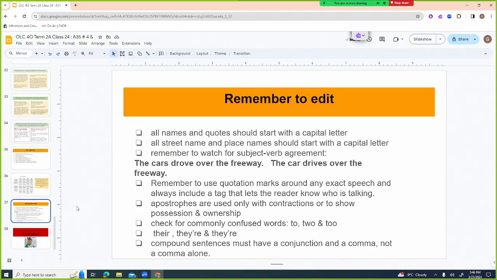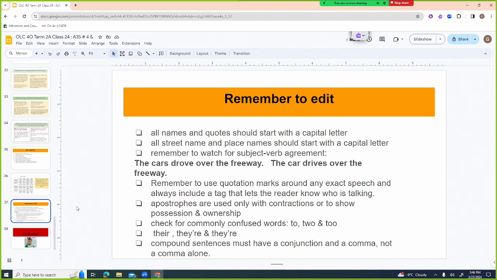Okay, hang on. Yep, I'm pretty close to the end. Okay, remember to edit. All names and quotes need to start with a capital letter. Also titles, like a band constable, the constable probably has a capital C, right? If a chief gets quoted, they probably have a capital C on the word chief. If a nurse gets quoted, you don't need a capital N, but her name would have a capital on her name.